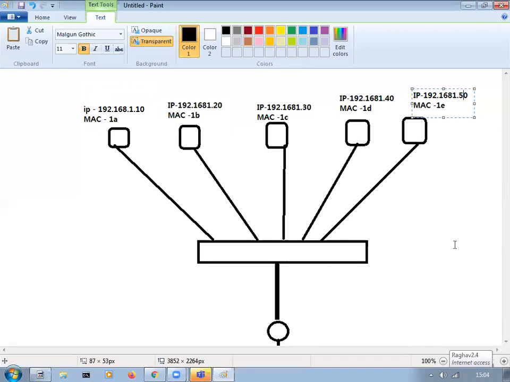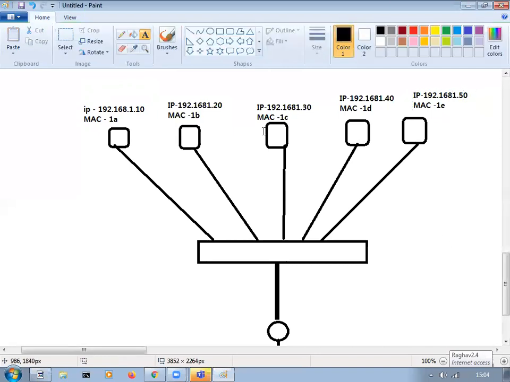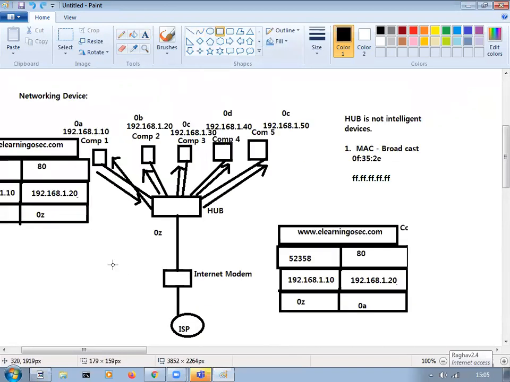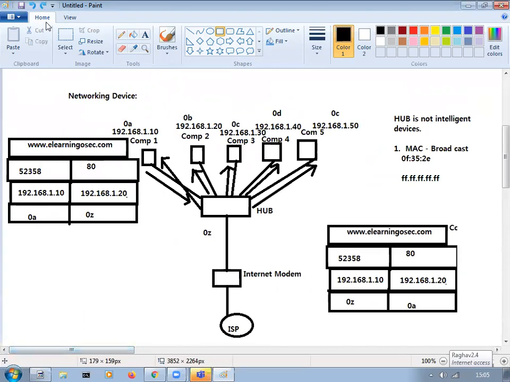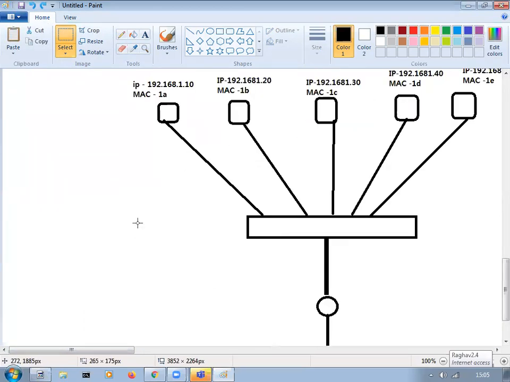These are the IP addresses. For simplicity, I'm not entering the full MAC address, I'm just entering this. Again the same thing, again the same thing. Let's copy this and paste it in our